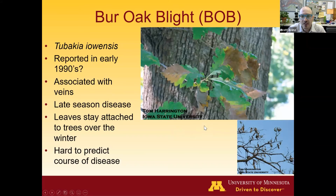This is a really interesting one. We've talked a lot about it in Minnesota in the last 10 years. There's been a little bit of disagreement, controversy, I should say, about how significant it is. It can be pretty hard to predict the course of this disease on individual trees. In some cases, it seems to get worse and worse on a tree over several years. In other cases, you can have a tree that's